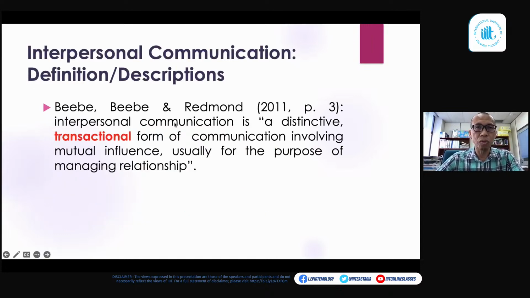If you go to any bookstore, there are so many different texts on understanding interpersonal communication. The reason is the assumption that if we fail to communicate interpersonally, there is a high percentage that we will not be able to get what we want in our interactions. In other words, we fail to deliver the intended messages to our audience. As simple as that. So this is one of the many